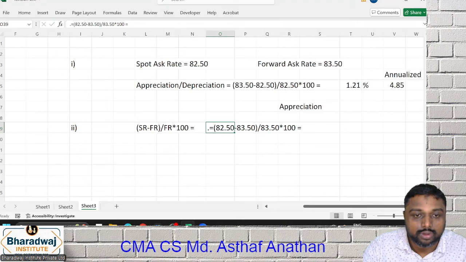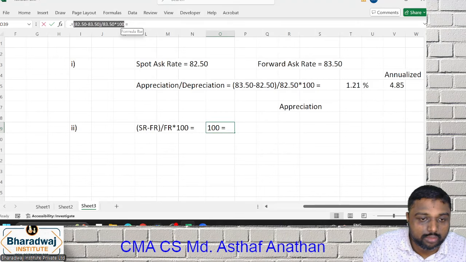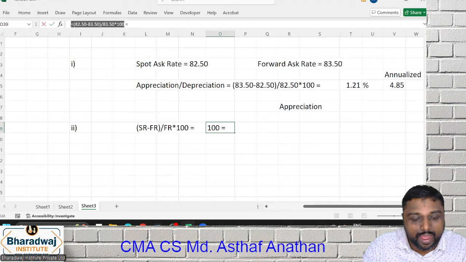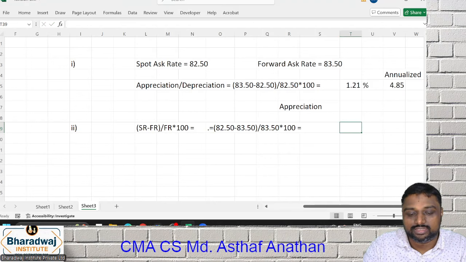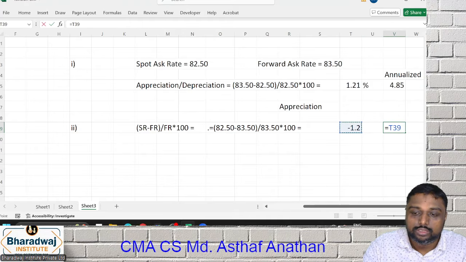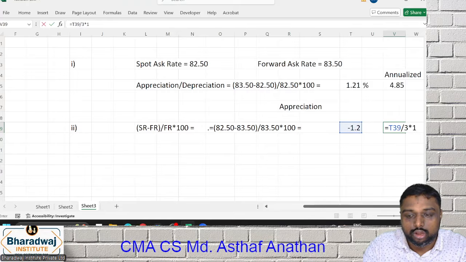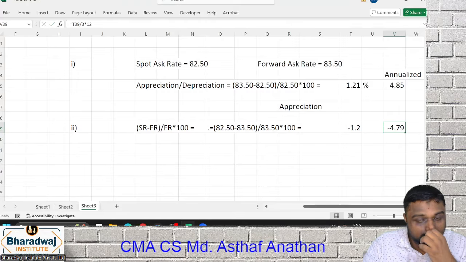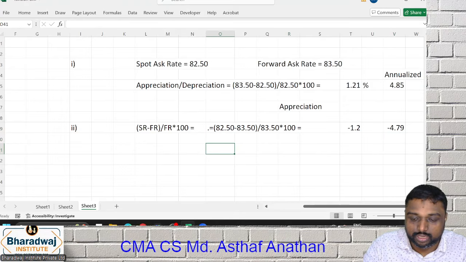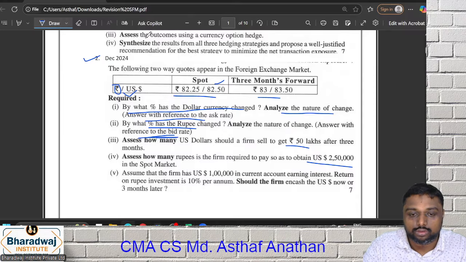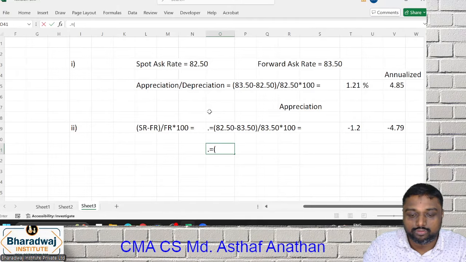So let's see what the answer is. This is for 3 months. If they want annual, the question does not specifically discuss it, so we have to do it for annual. But if you want, we can do it for annual also. What is it for now? If you want the bid perspective, we can do the second one also, which will be 82.25